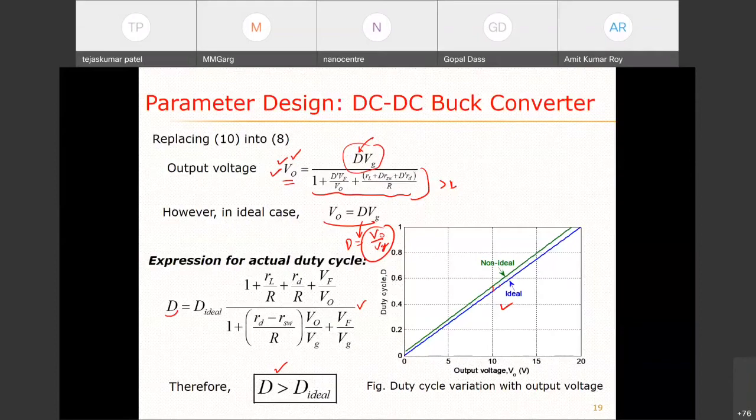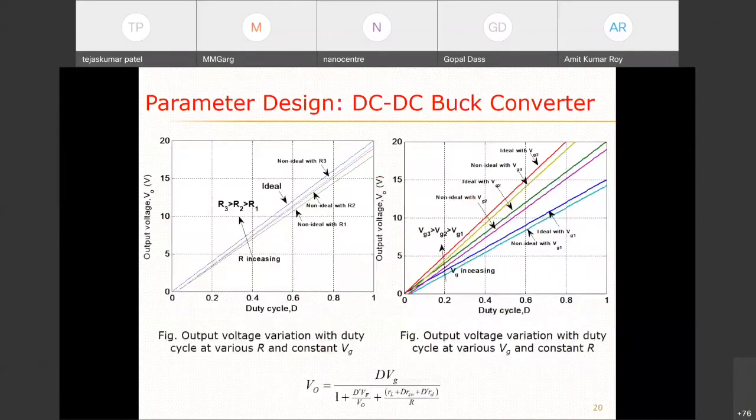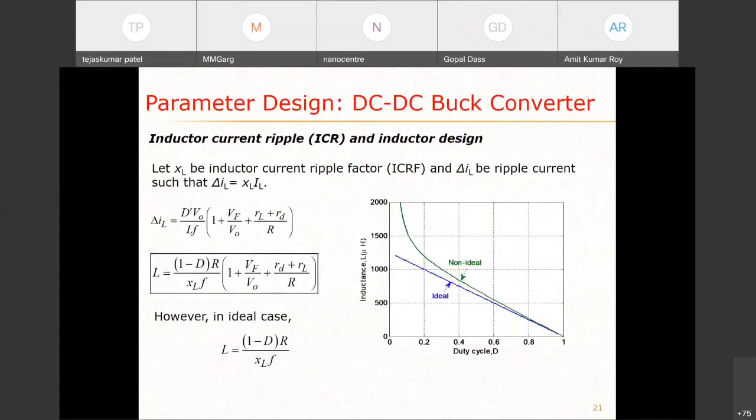So the actual voltage that reaches the load is lesser. So in order to compensate for that voltage drop, we need to keep the switch on